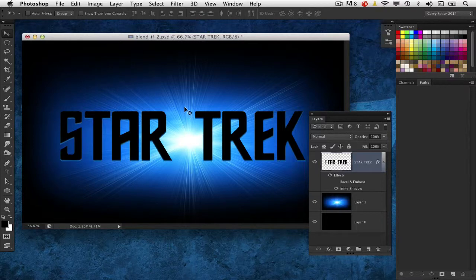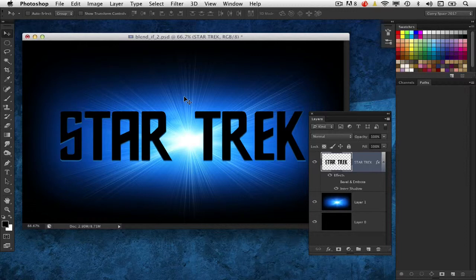Now this next feature is one of those features that is so cool nobody knows about it. It's actually something that's been in Photoshop for quite some time, and it's called Blend If. You may have heard of it, you may have seen it, you may even actually use it, but you'd be surprised the number of people that don't take advantage of this feature, and it isn't always their fault. It's largely because they don't know where it is.